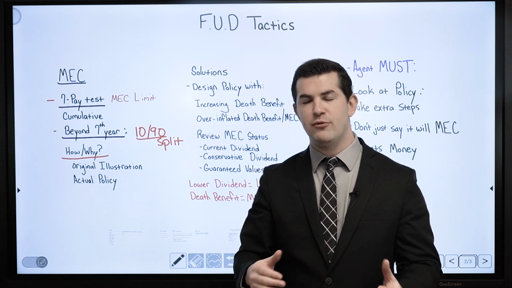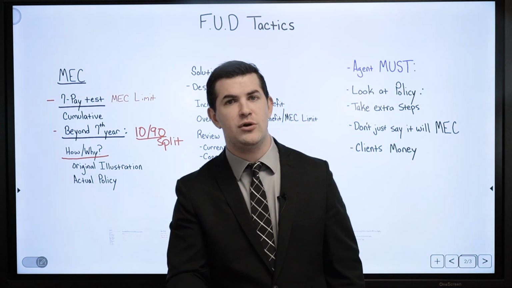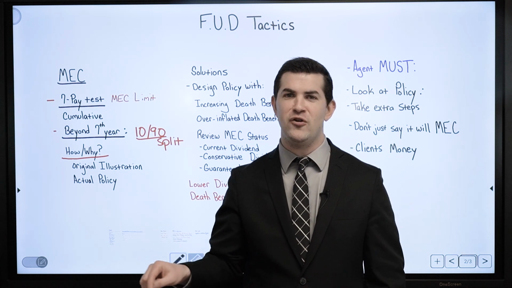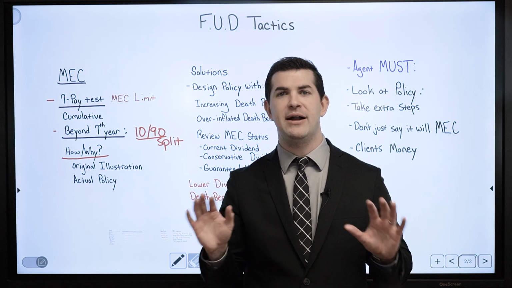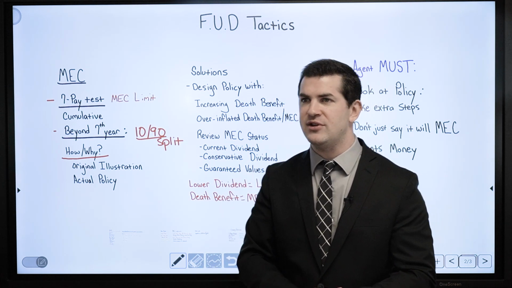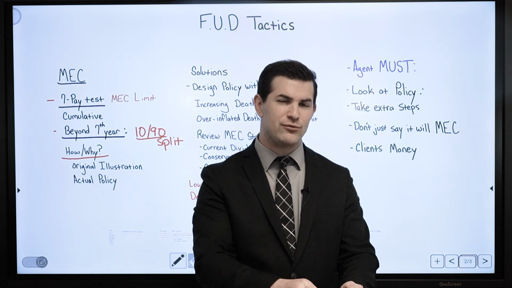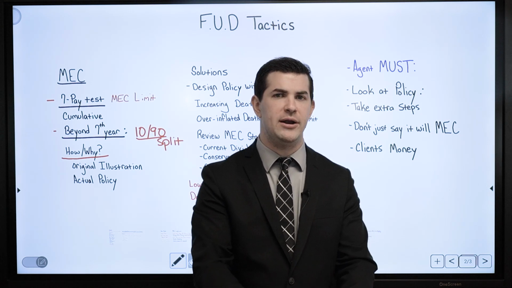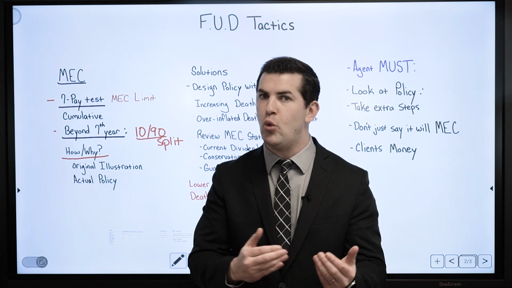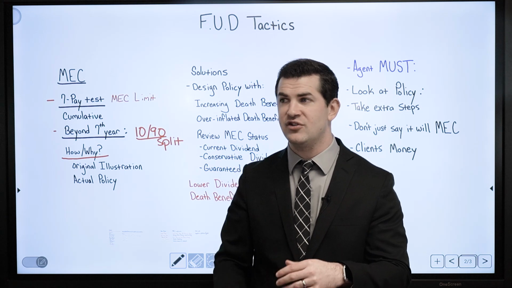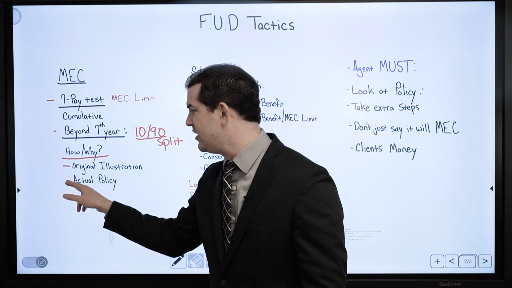He's been paying into it for about 8 to 9 years. He receives an in-force illustration. It states if you continue to pay in the same exact amount of money that you've been doing since day one, since you opened that policy, you will run into a MEC in policy year 18. So he's upset. This was not a policy we put in force. He brought it to us. He said, hey, I did everything I was supposed to do from day one, and now I'm told I'll run into a MEC in year 18. Like, what's going on here? Why is there a difference? What's happening? Because again, the original illustration stated I would not MEC, but then the actual policy does MEC.